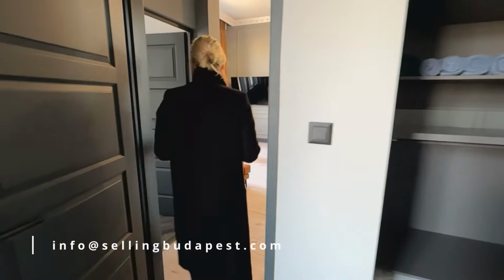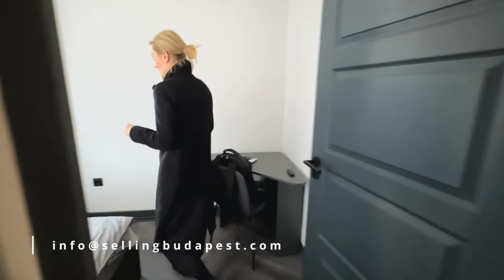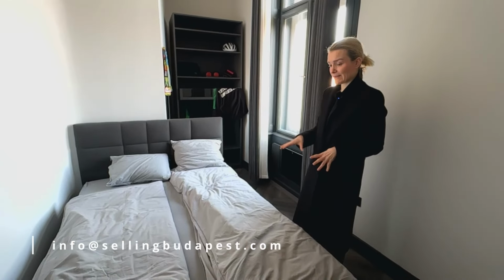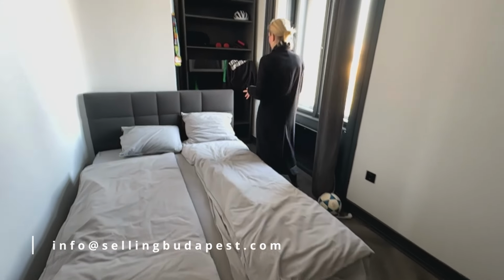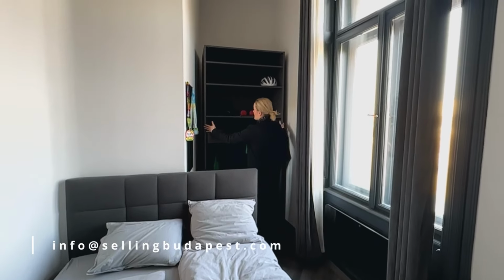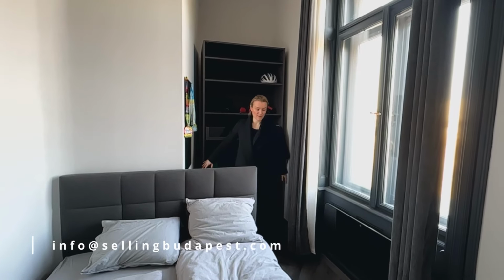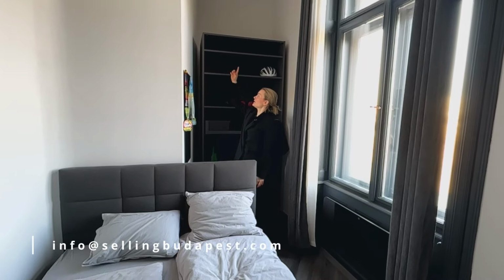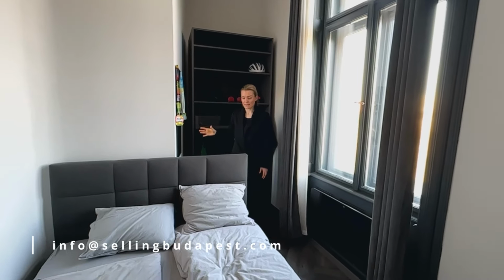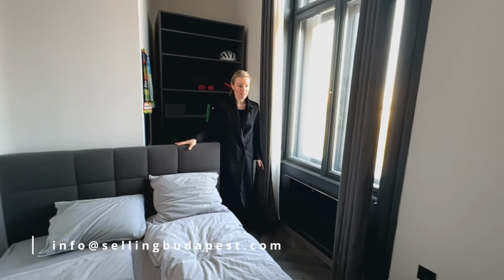So moving on to the last bedroom. Now this one is a little bit more narrow. Still, they managed to put the full-size bed in it, and they still managed to put a full-size 100 centimeter, I can tell you from here, 200, or maybe this is 220 high, big closet that is, again, for someone who is staying here and not